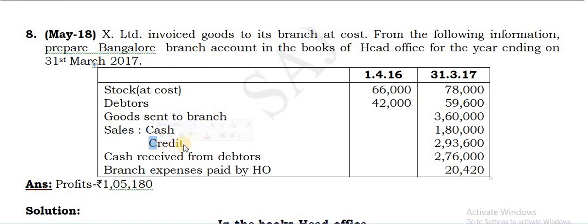Credit sales, don't take, this you don't take up. That is what in the previous problem also I told you. Credit sales don't take, but you can take this cash received from debtors on the credit side, because these are the three amounts which we require from the debtors account: the opening debtors, closing debtors, and cash received. So all the three are given here. Therefore, ignore the credit sales. Okay. Then branch expenses, this you can take on debits. I hope this also you can do. It's the final answer. You can complete that.